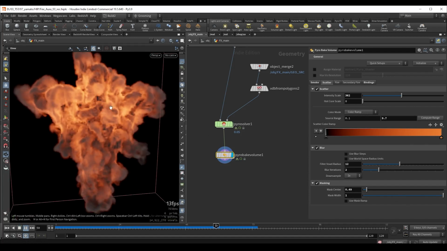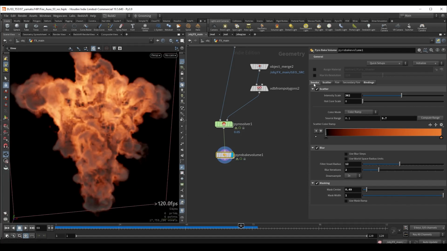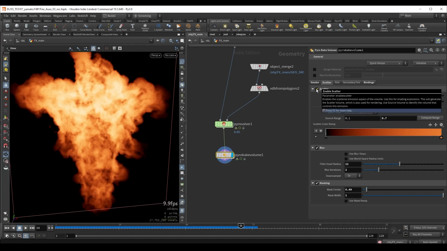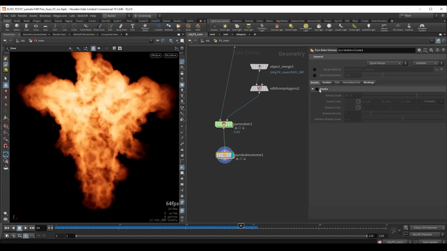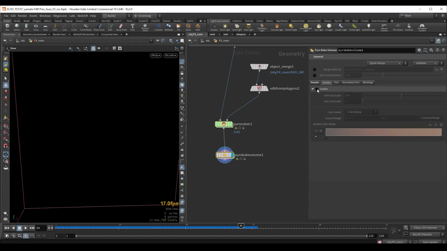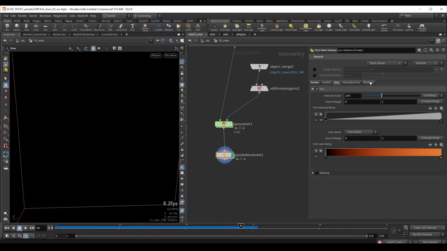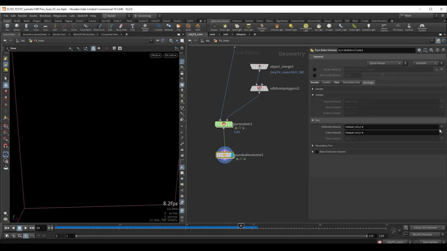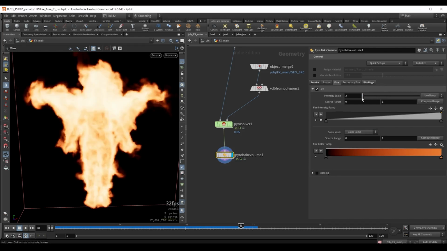So we can have something like this, or we can just go ahead and get rid of the density entirely, and probably we can just use the fire here. So in the bindings, let's also point the fire to our density and also the color volume. And now if I decrease this, we just have just plain old fire,